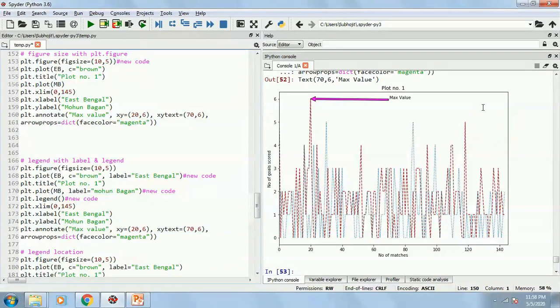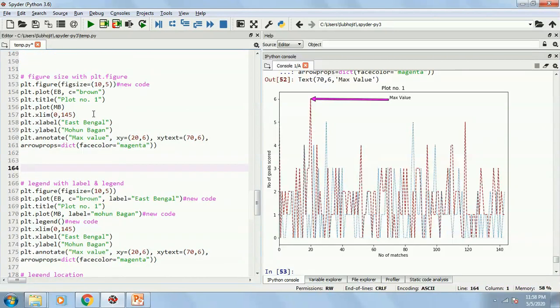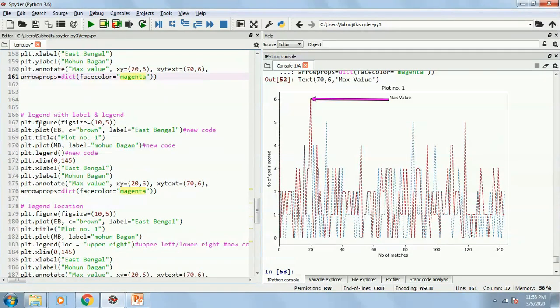I can also add legends for this one, showing which sort of line represents which one. I can do that by writing, this is the normal one, c equals to brown. I can add label equals to East Bengal.